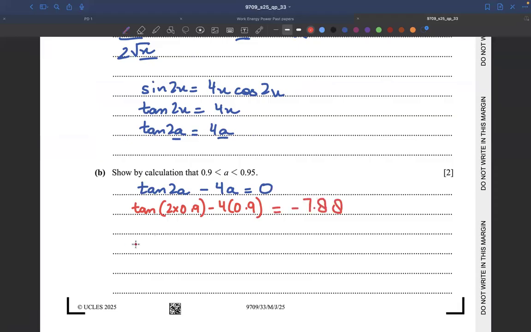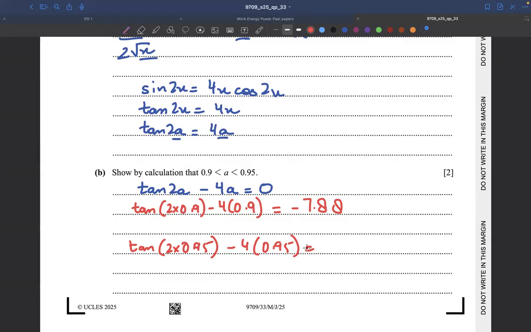And now taking 0.95 as our value. So when we substitute 0.95, we'll get tan of 2 into 0.95 minus 4 into 0.95, and that becomes, okay,